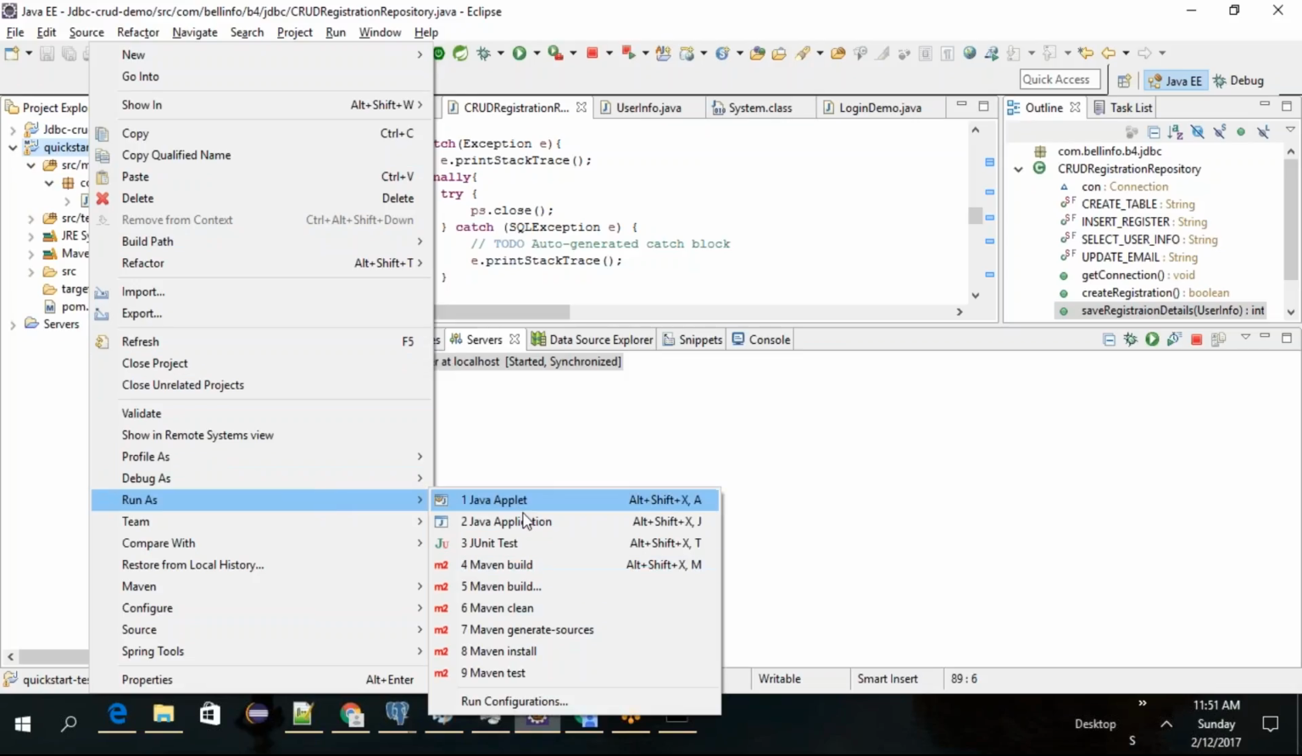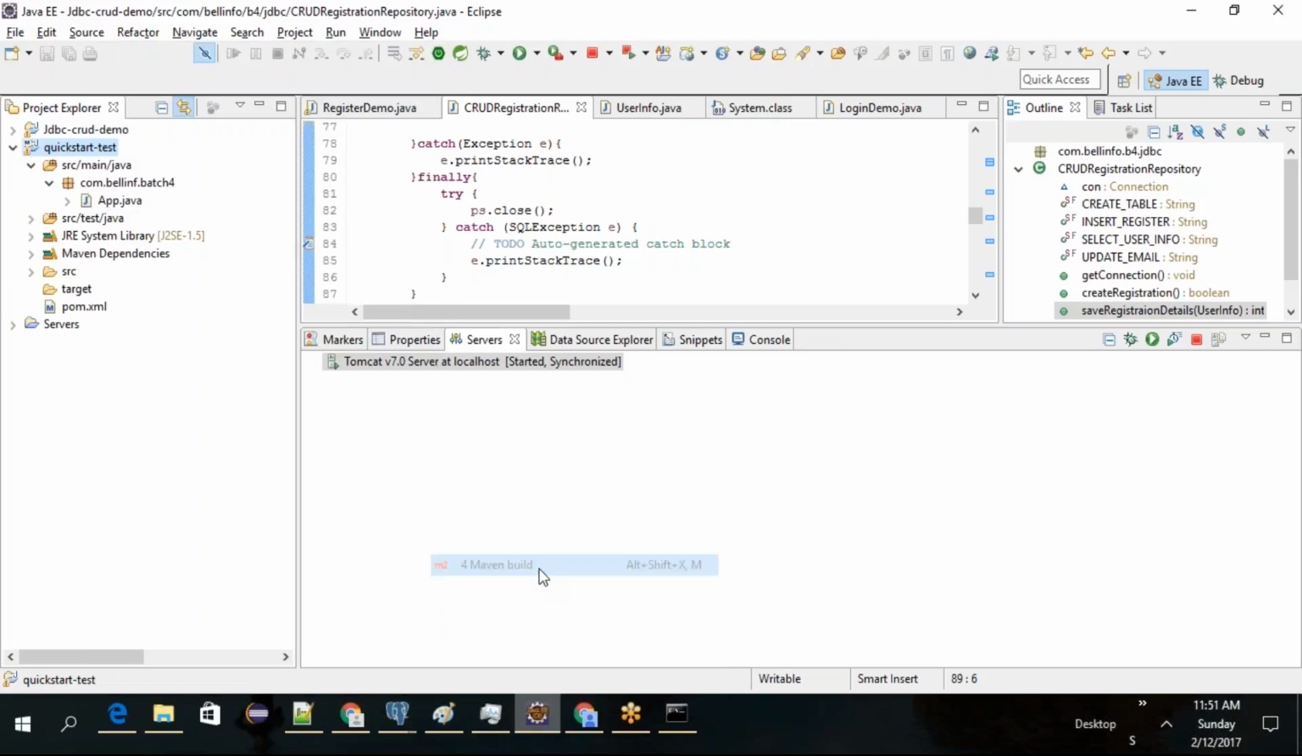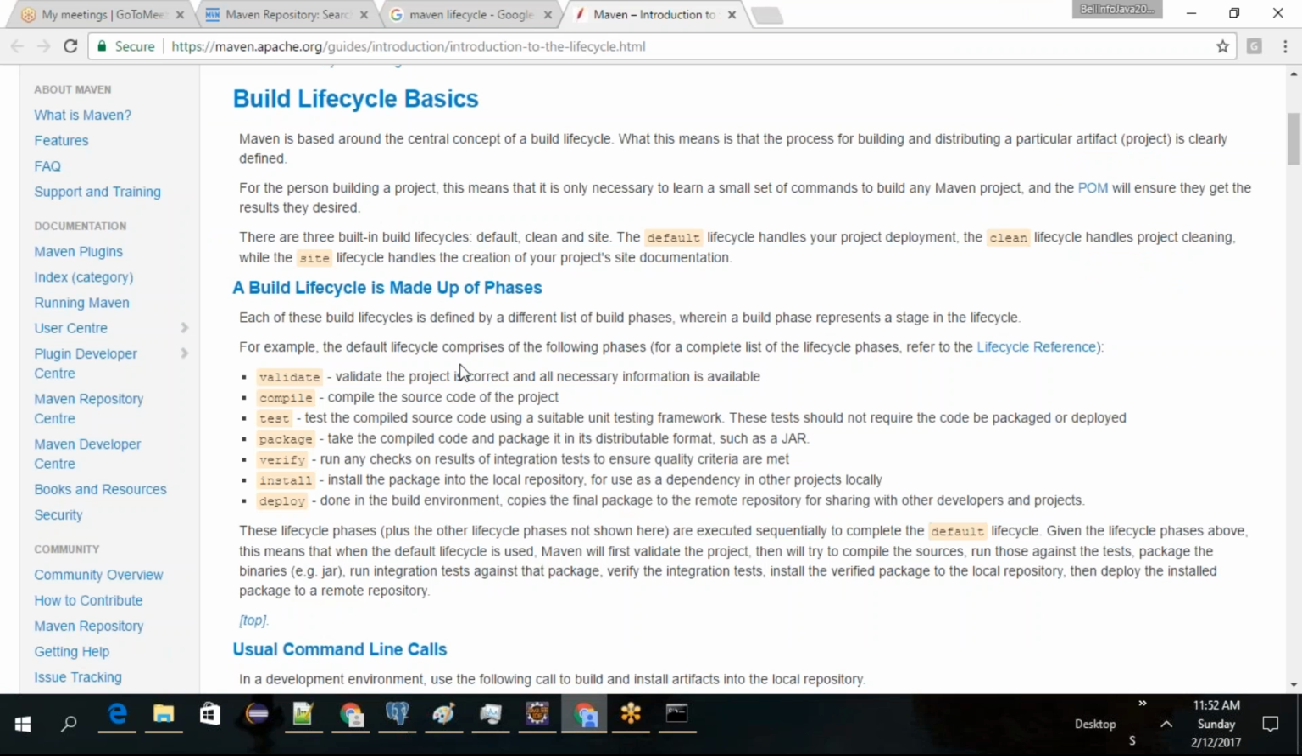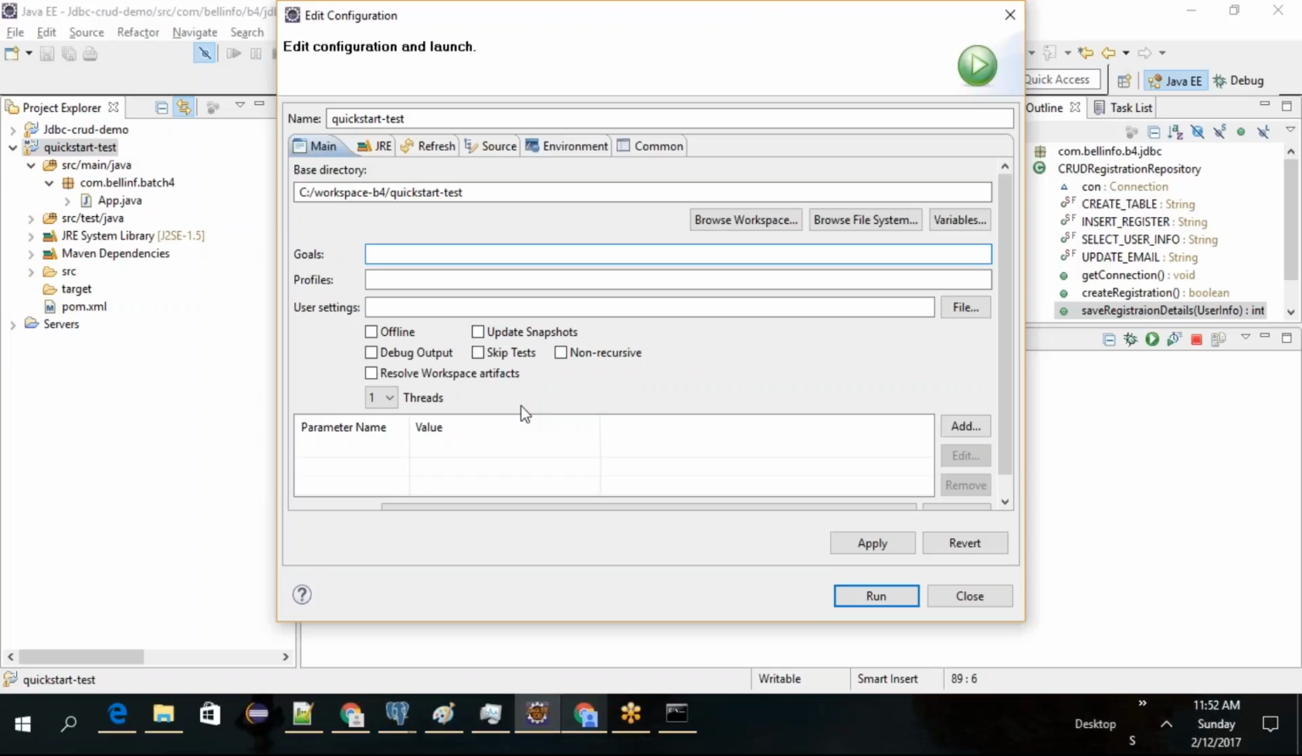yeah, run as Maven build. Okay. It will ask, so it selected the quick start project. Okay, what is the goal? The goal is that you need to pick your life cycle. What is your goal? Okay, what I'm going to say is